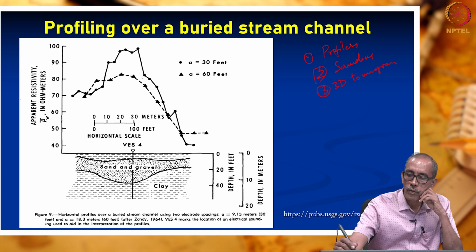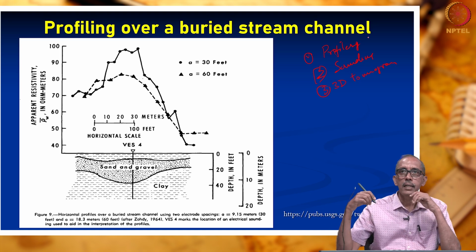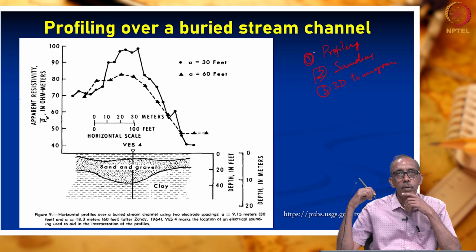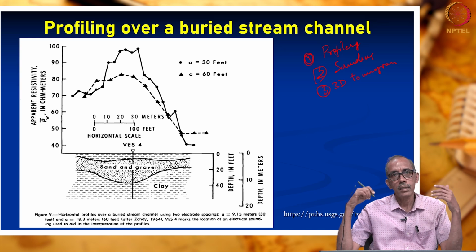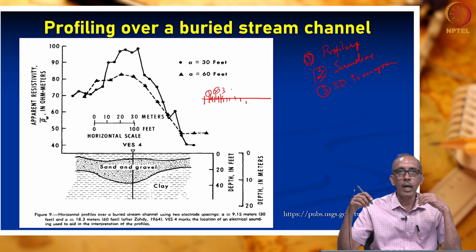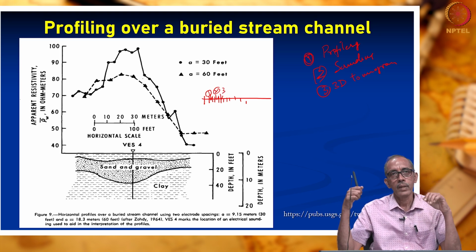So, first one is profiling, second is sounding. We had a look into how electrical profiling is carried out in the previous lecture. We progressively move the electrodes along a profile. So, our center point keeps changing, right? These are our station 1, 2, 3, 4 like that. We plot distance versus apparent resistivity. Having seen that, we are looking into some of its applications.